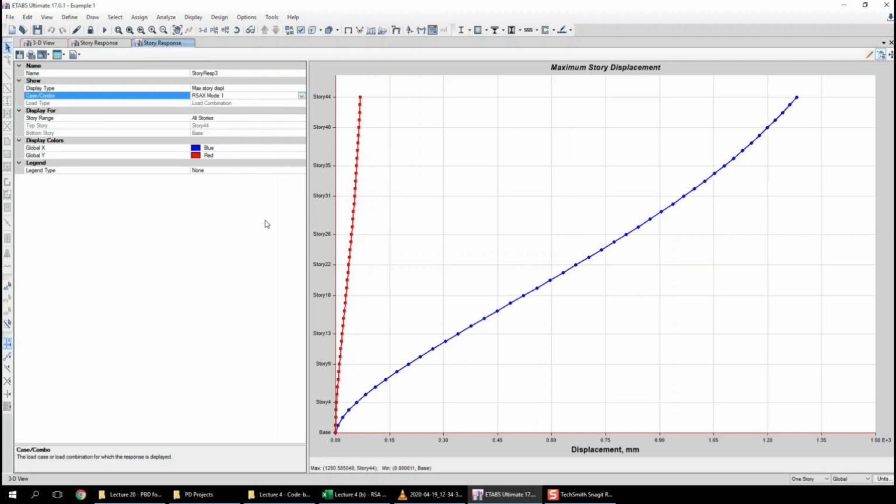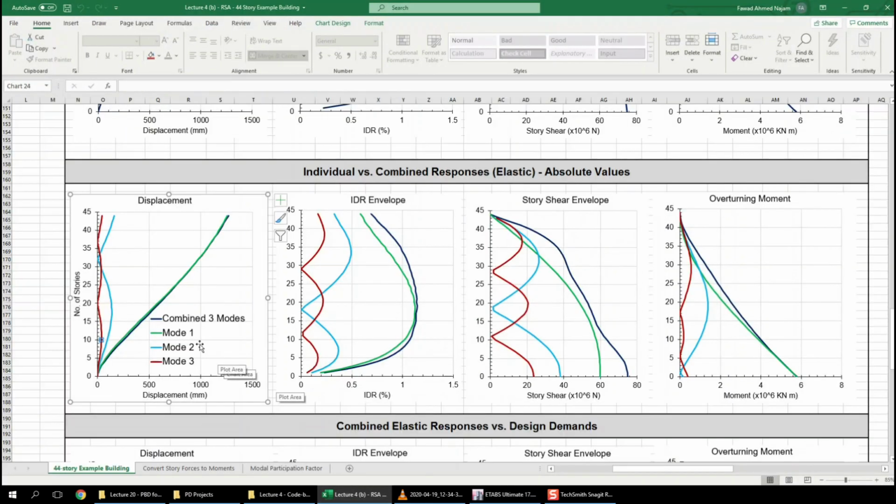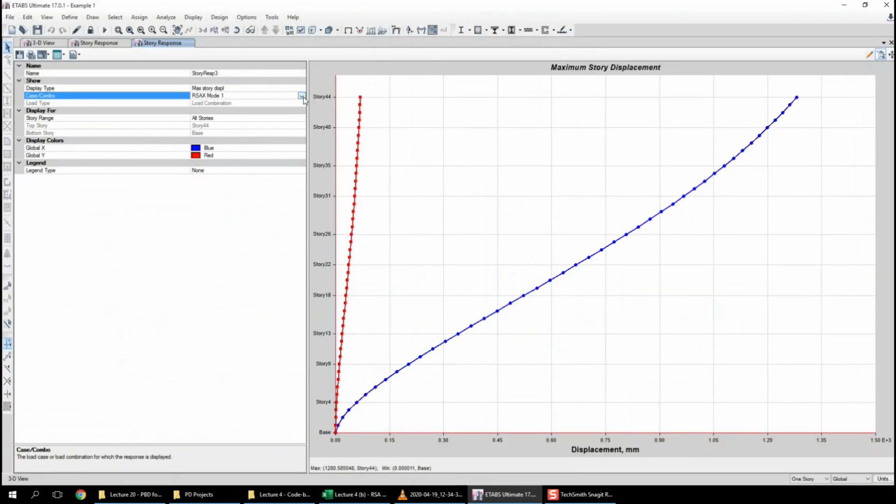So now I will get these numbers, these responses. Now this blue line should correspond to the first mode contribution towards the total story displacement which we are getting from the RSA analysis. So you can check that the peak number is 1280. So the shape also is exactly matching. The first mode is almost same as the total displacement because the second and third mode contributions are very less. So we are almost getting the same number which we are getting in the ETABS.